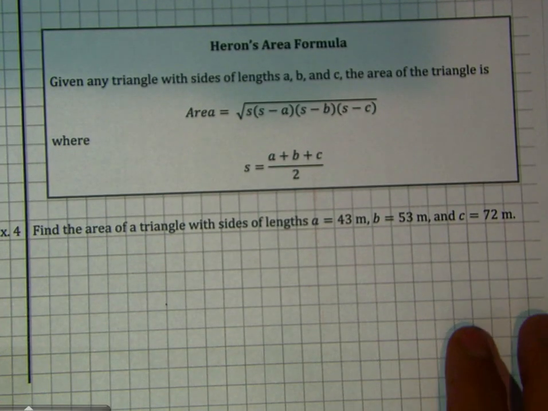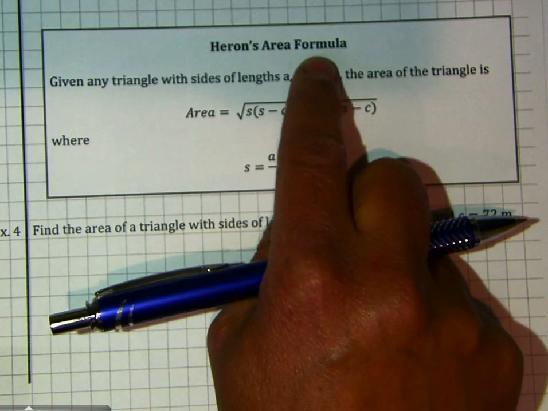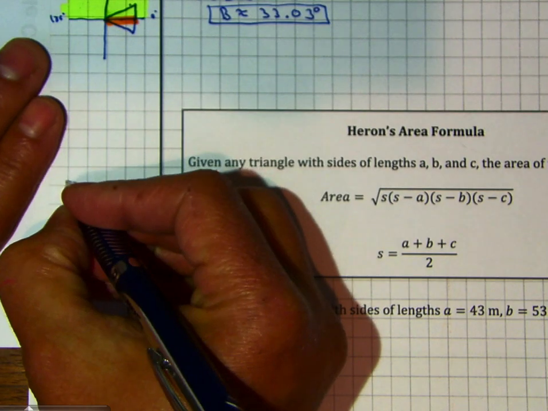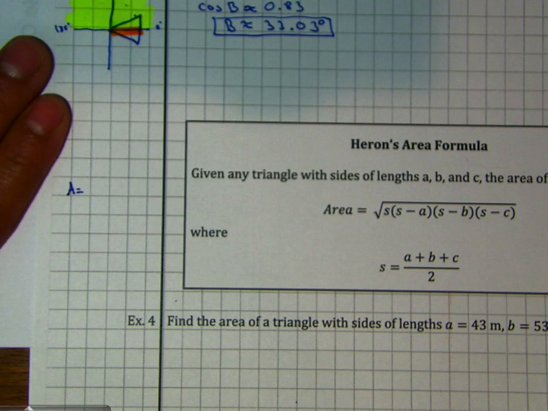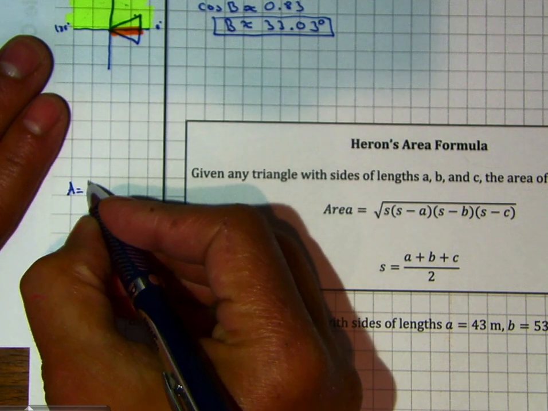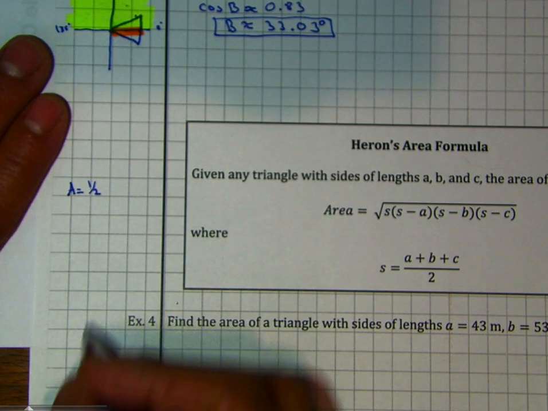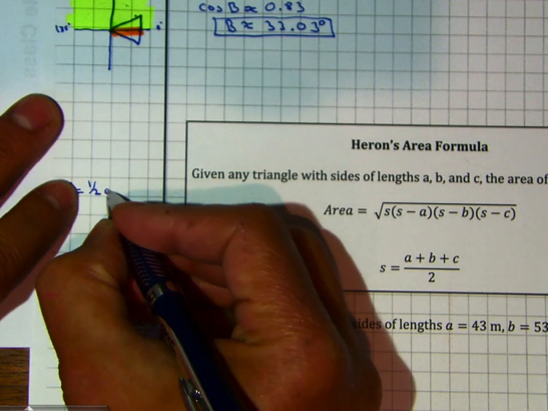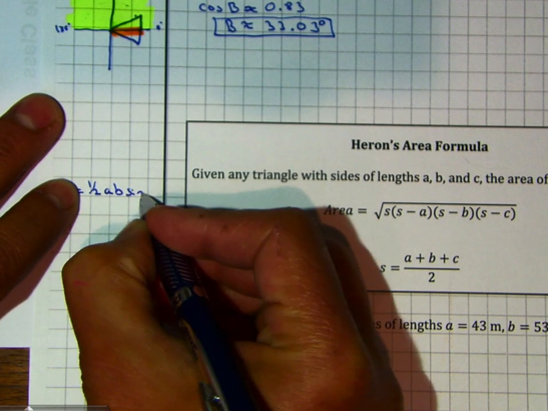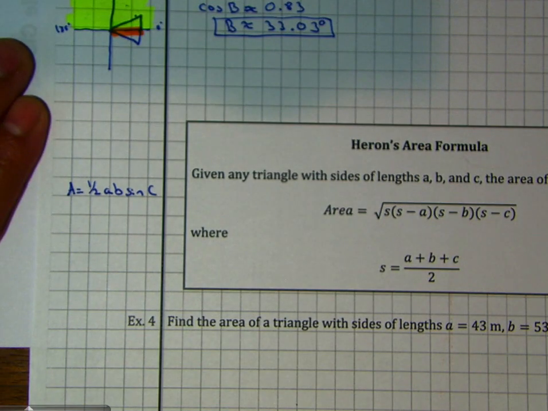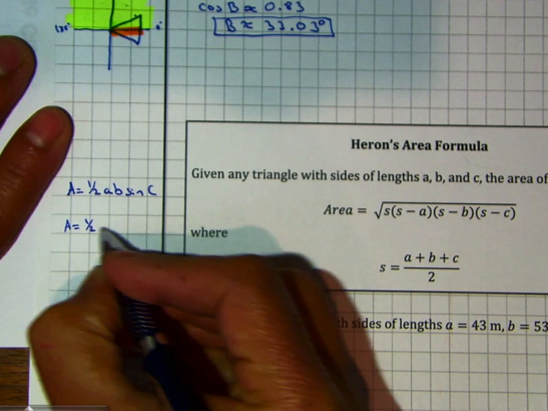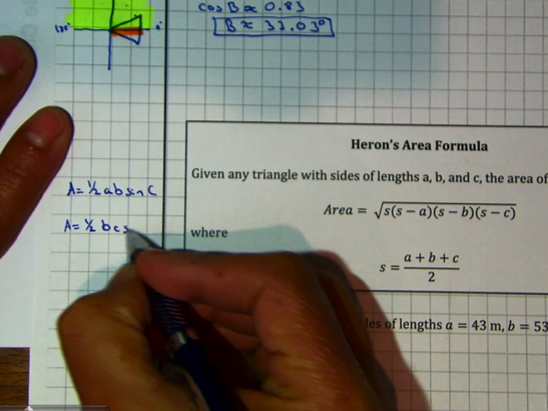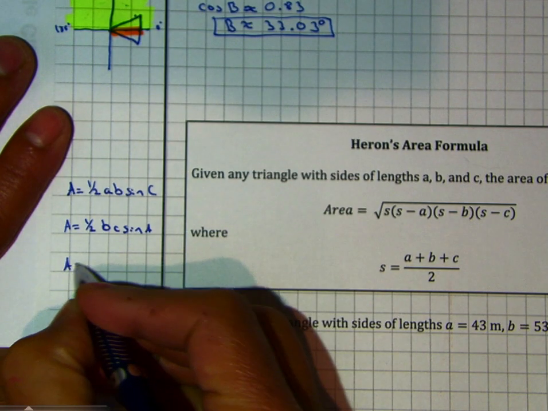Excellent. So for Heron's area formula, remember that we already covered another formula before. Do you remember the formula whenever you are able to use your sine? It starts with 1/2, and we have 2 sides and the sine of the other angle. So the area is equal to 1/2 BC sine of A, or 1/2